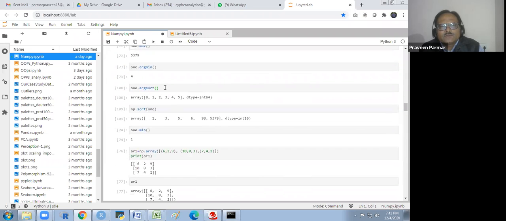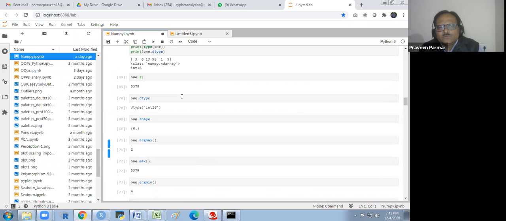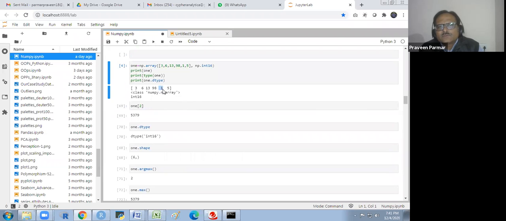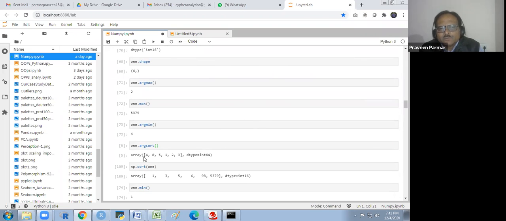And when I use this argsort, I am sorting by position. The fourth, you see here, fourth is 0, 1, 2, 3, 4. There is the smallest one, fourth position, then 0 position, then fifth position, then second position. 4 position, 0 position, fifth position, first position, second position, and third position. Got it?